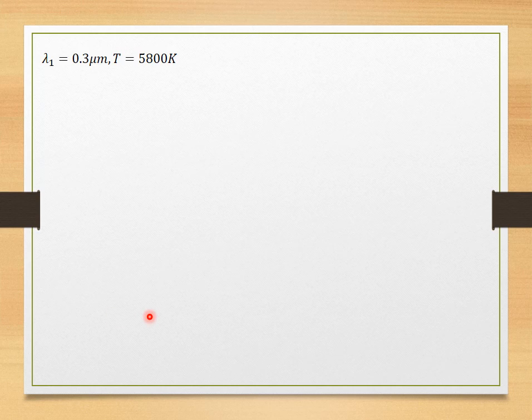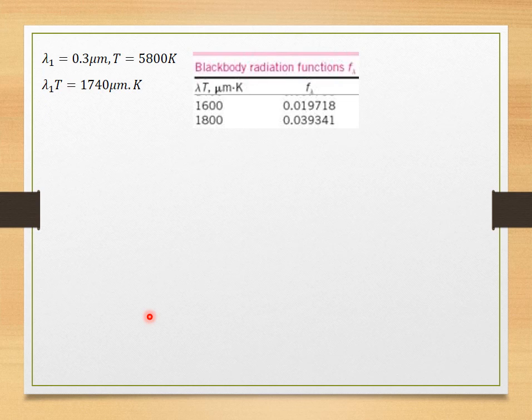Given lambda 1 of 0.3 micrometer, we multiply it by the temperature 5800, and then we obtain 1740 micrometer Kelvin. We refer to the black body radiation function, and unfortunately the range stated in the table is not exactly the same, so we need to do interpolation to obtain the radiation function of 1740,